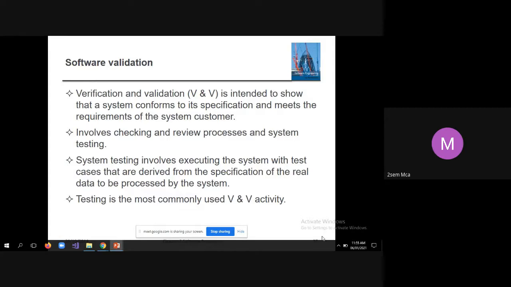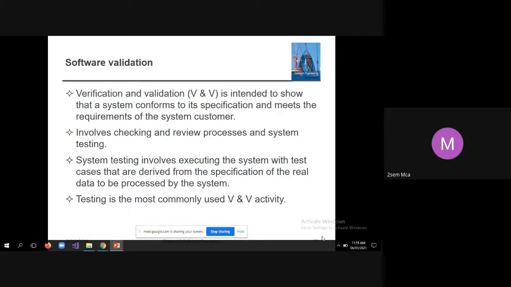Then when you step into system design, after designing all the diagrams, you need to cross check whether the system design is consistent with the software system requirements or not. Whatever requirements you have documented, the same thing has to be implemented as a design. So there also we do verification and validation.